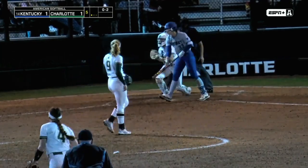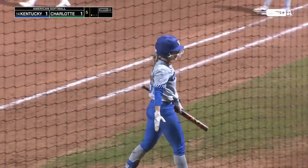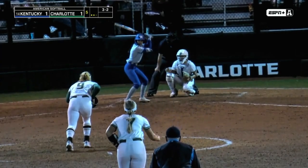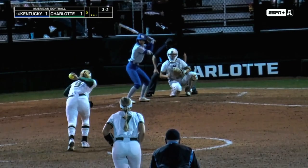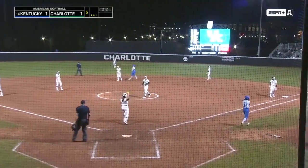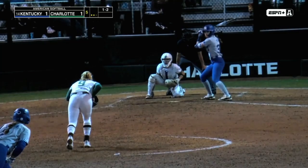0-2 pitch, swing and a miss, Gress. First strikeout of Kentucky, coming in 16th in the NFCA USA Today poll, and a walk, first of the day for Sam Gress. Runners on